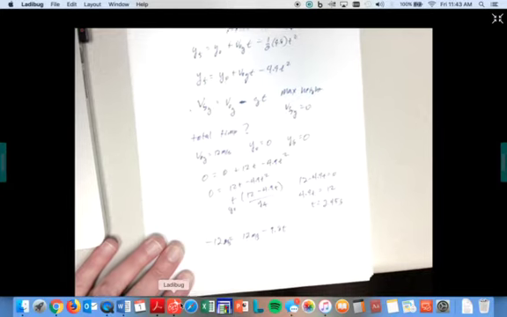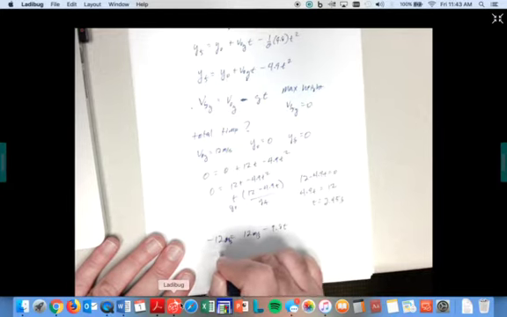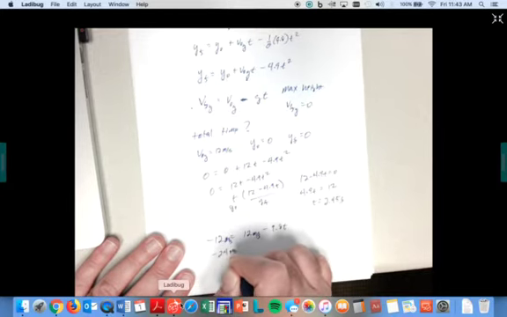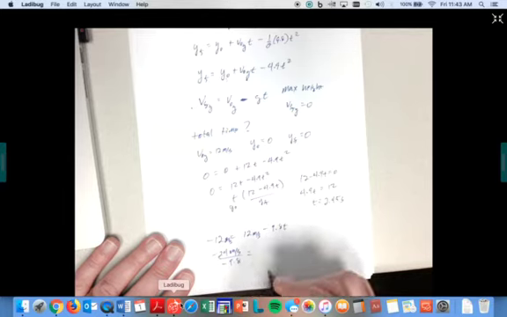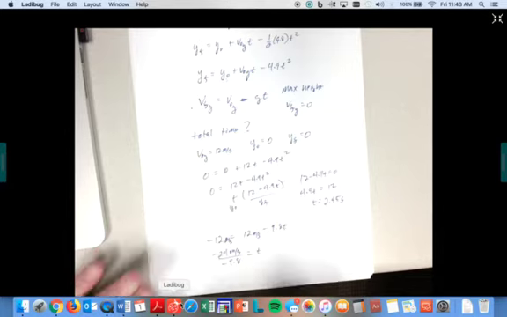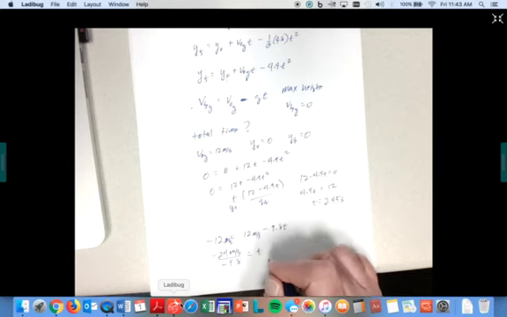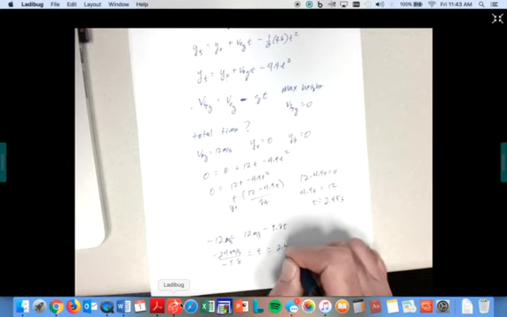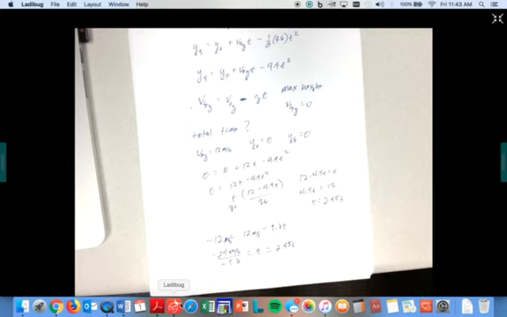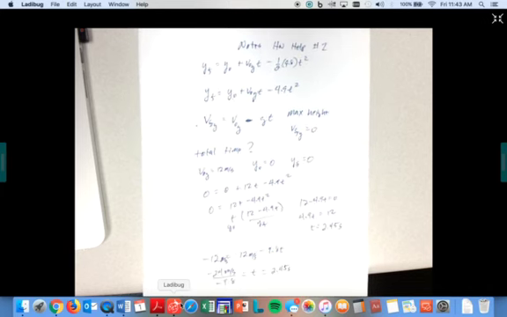I wind up with negative 24 meters per second divided by negative 9.8 is equal to t. And I hope it's equal to the same answer. It looks like it's going to be pretty darn close. Guess what? 2.45 seconds. Again, the beauty of physics, and why it's also hard. So that's that one. We'll do